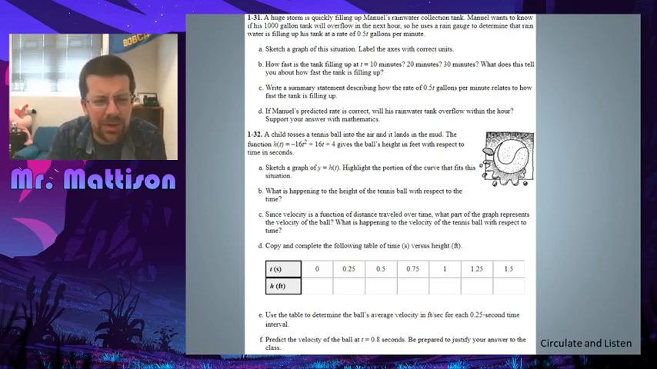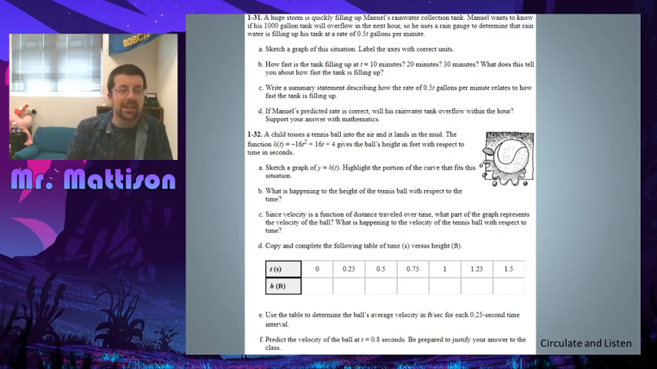All right, and number 32. The child tosses a tennis ball into the air and it lands in the mud. The function negative 16t squared plus 16t plus 4 gives the ball's height in feet with respect to time in seconds. So this is time and then a distance measurement, a height measurement, right? Which is our last one. We were kind of given time and then a rate. So on this one,